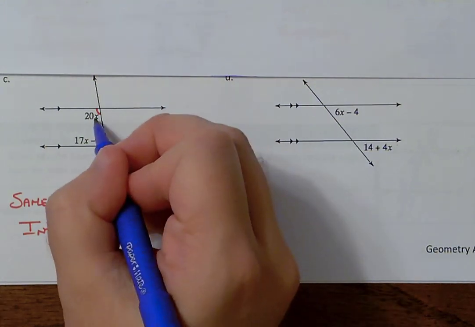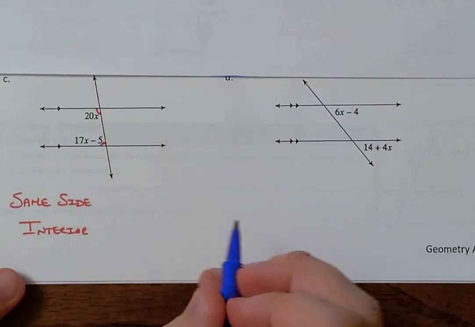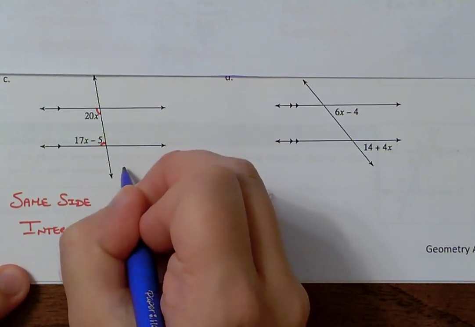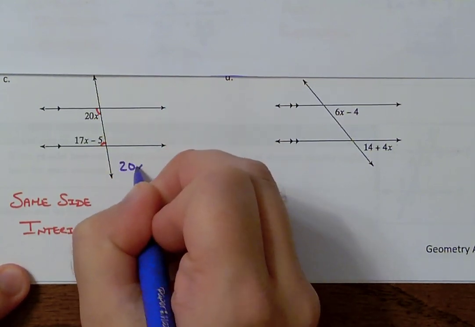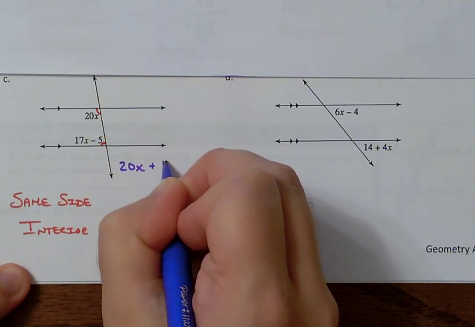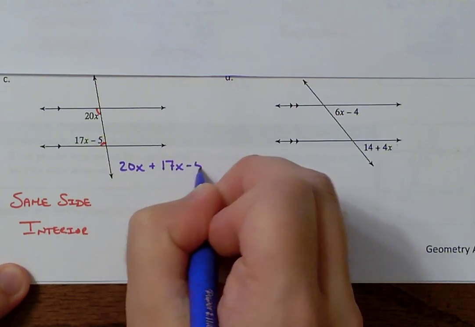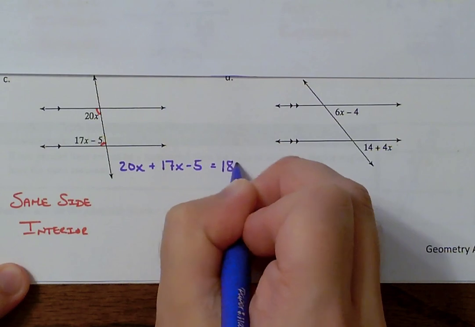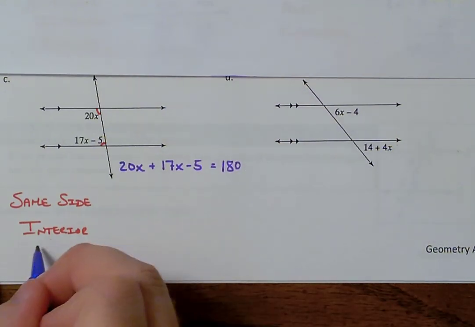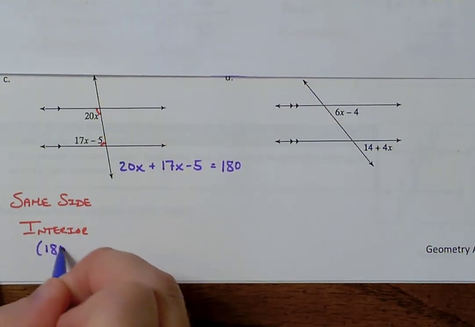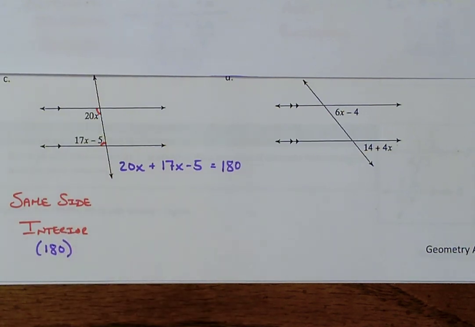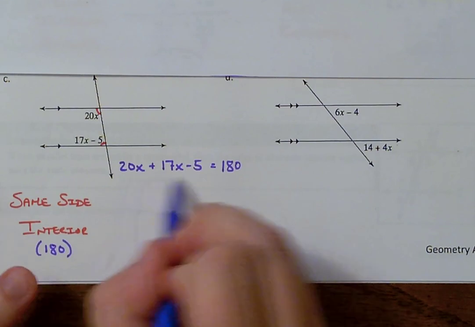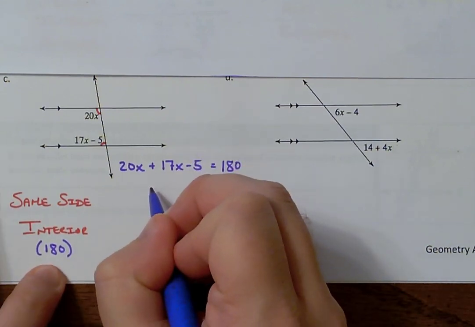Meaning, I'm going to take 20x plus 17x minus 5 and set it equal to 180. Again, same side interior is the only one where they add up to be 180. So keep that in mind. The other three are equal to each other. So if we go through and solve this for x, we're going to combine like terms, and we end up with